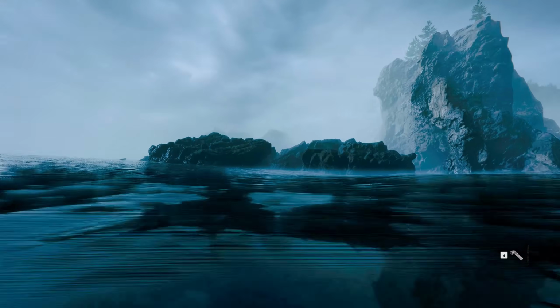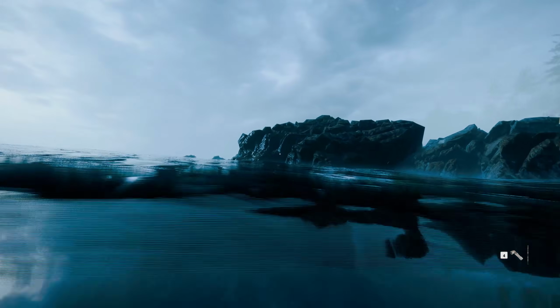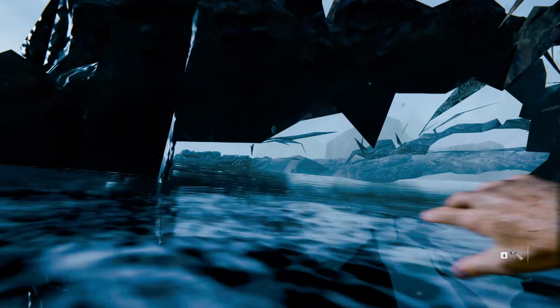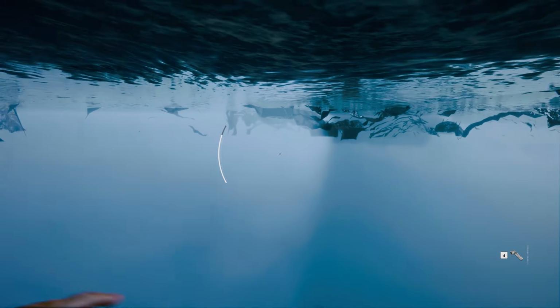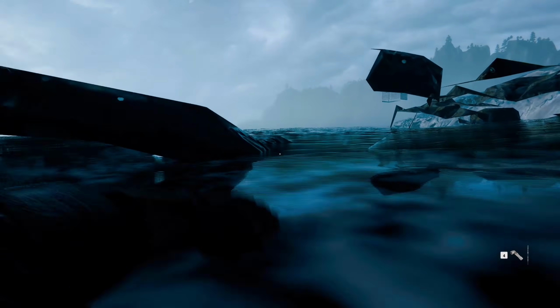I suppose let's check this out first. I'm not sure if we can get on this, if it even has collision. I really don't know. I sort of don't expect it to, so yeah, we just swim right on through it. Still pretty damn cool, though, to be able to do so. And what's crazy, too, is we can dive underneath the water as well. So this has some sort of thickness to it, although I don't exactly know how thick it is,